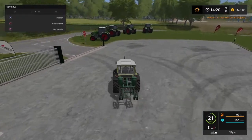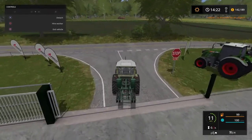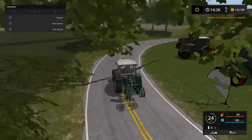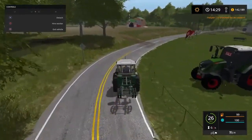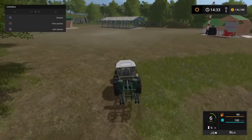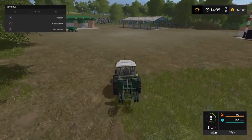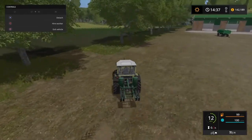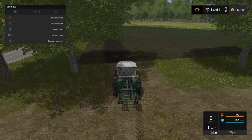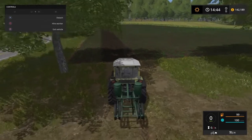So I just thought while we were waiting for, helper eyes blocked by an object. That's not very helpful. Not a very helpful helper. I just thought while we were waiting for the time to pass that we'd try out the seeder. So I filled it up from a pallet, big bag, and as you can see, it only takes 100 litres. What I did notice though, we zoom in,